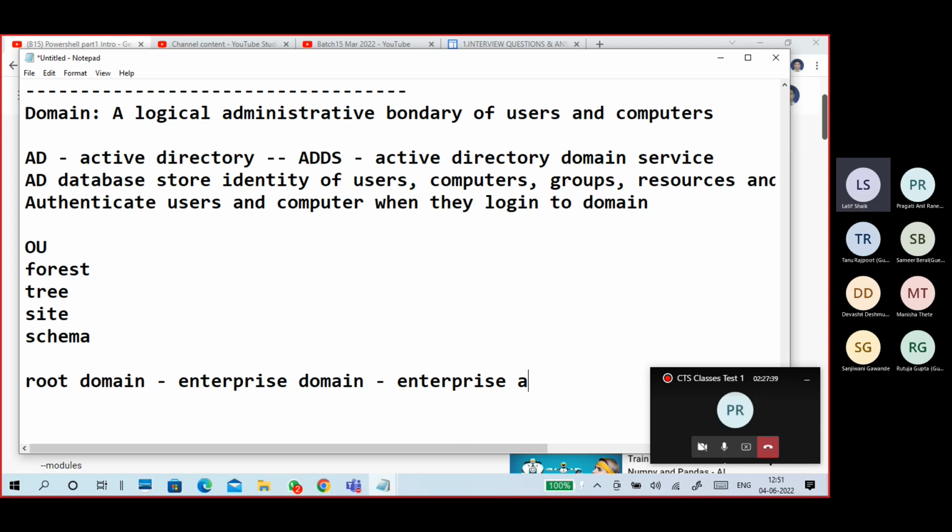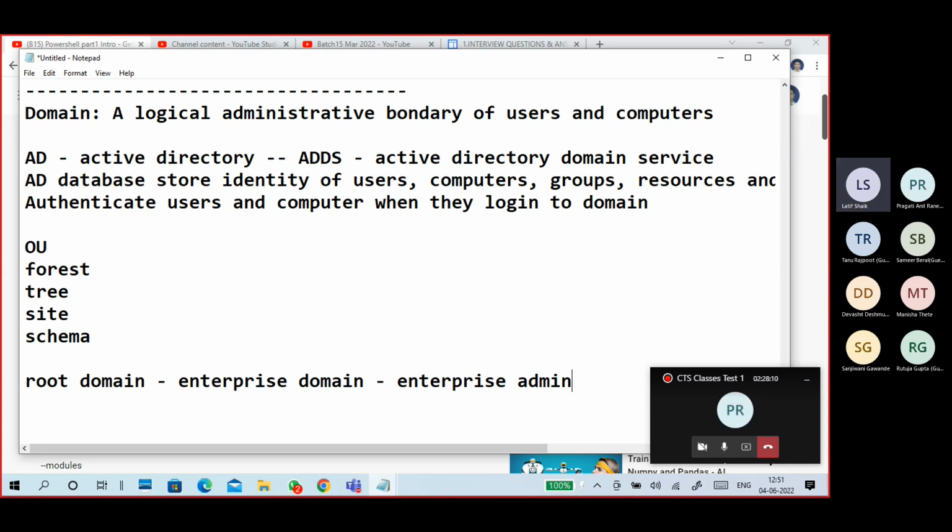The administrator we log in with in the enterprise domain is an enterprise admin and also a schema admin, along with domain admin and so on. So it's automatically our administrator in the first domain. So the root domain creates a forest.